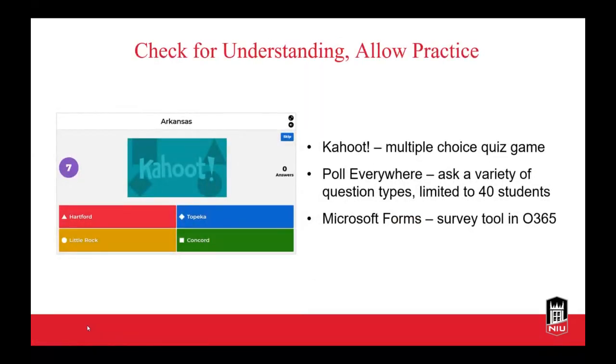I would also recommend that you find digital tools for checking for understanding, particularly for your remote students. In person, we have a tendency to use the fact that we can see students, we can see confusion or puzzlement on their face. An in-person student may also be more likely to speak up and ask a question than a remote student would. The remote students, that feeling of distance may make them reluctant to speak up, even more reluctant than our in-person